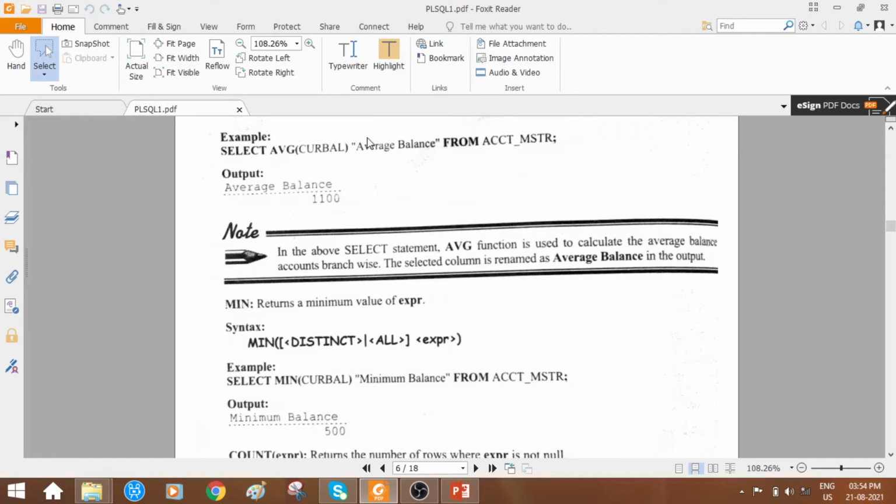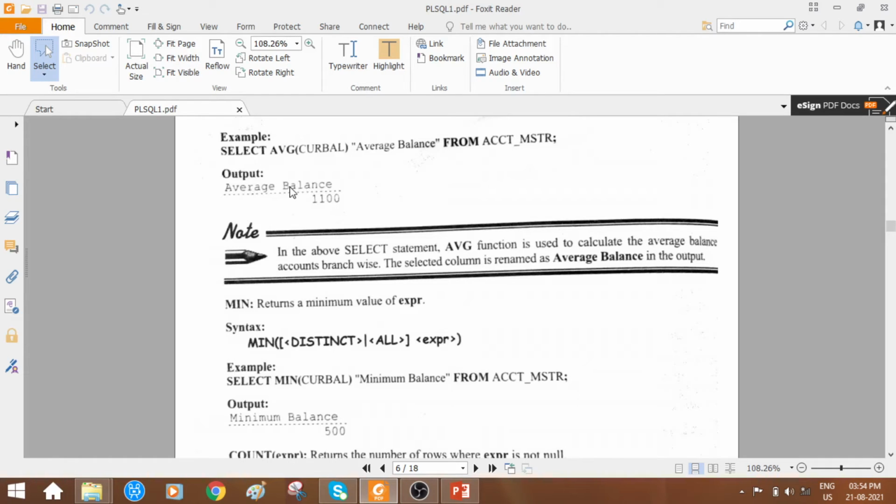So what is the purpose of these double quotes? When this particular query is executed and the result is displayed, if you want to specify your own column heading for that output, then we can achieve that by mentioning what column name you want to have while viewing the result. So observe here the output, you're observing a column name called average balance, right?